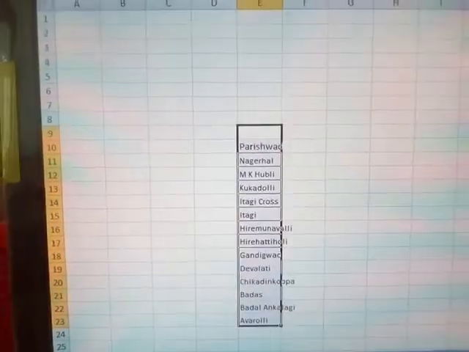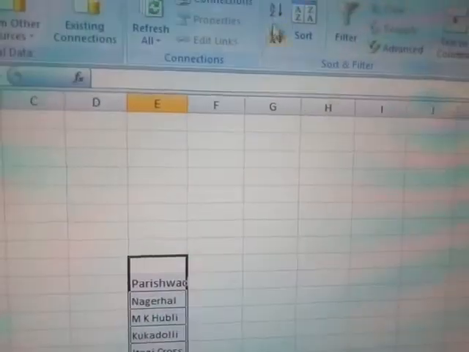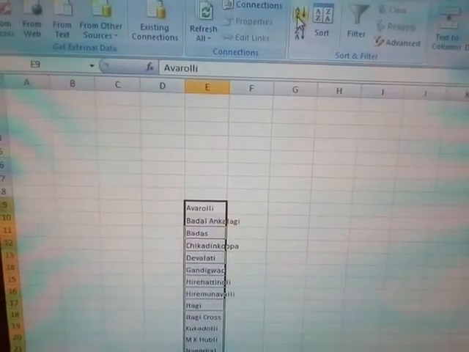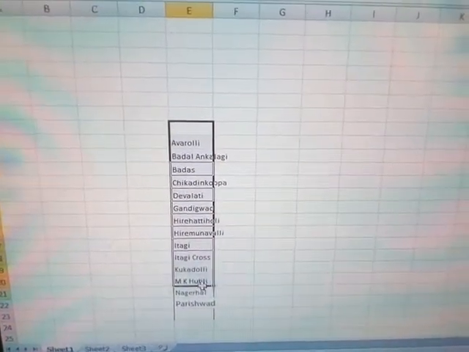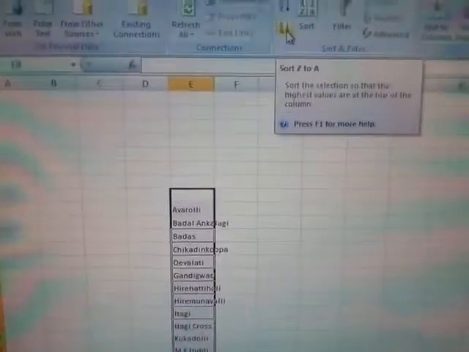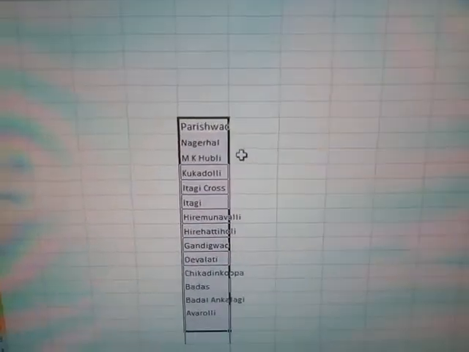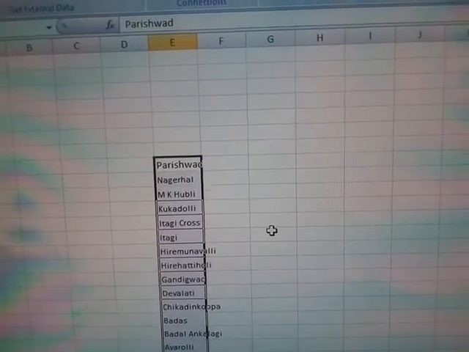You can click here and go to the Data tab, then click on A to Z. See here, the changes will happen. If you click here you can sort Z to A, and the changes happen. Here the order reverses, descending order and ascending order.